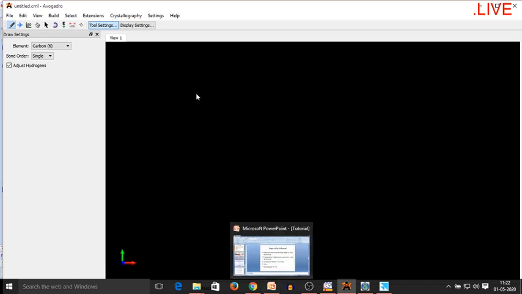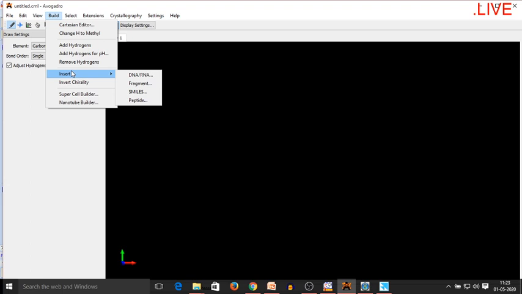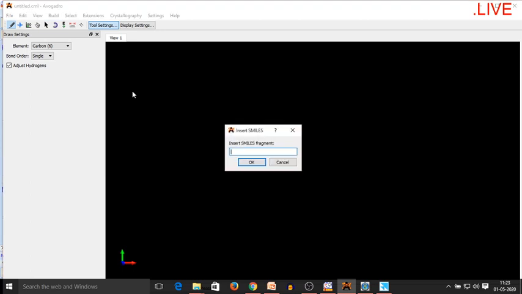So what I desire in the initial stage is to create a file of the ligand in a PDB format. So I will go to build, then insert, next to SMILES. As I copied the SMILES, you can see that a text box is available. I will just press Ctrl V.